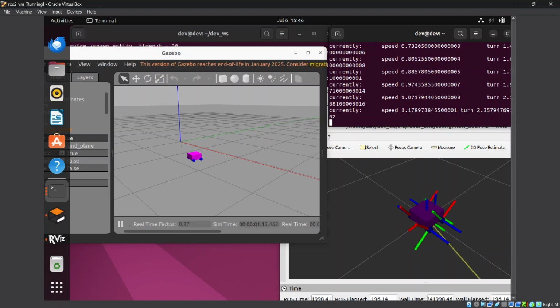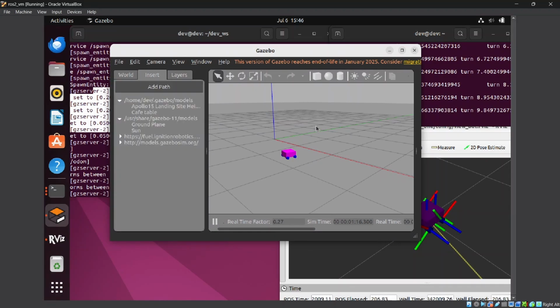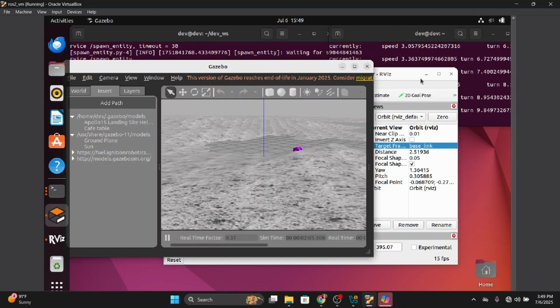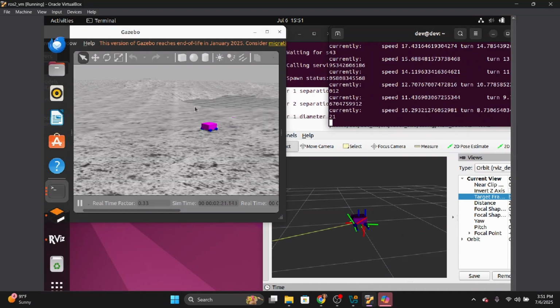So that's not the limit of what we can do with Gazebo. Within Gazebo itself, it has built-in models which we can bring into the simulation. And right here, this is the one I want, Apollo 15 landing site height map. So if I double click that and bring it here and click, it'll hopefully, oh, we saw the robot move, so it's loading it all in right now. There we go. So we should be able to actually see our rover. We're simulating our rover moving around lunar terrain while also being able to see the position of every single joint